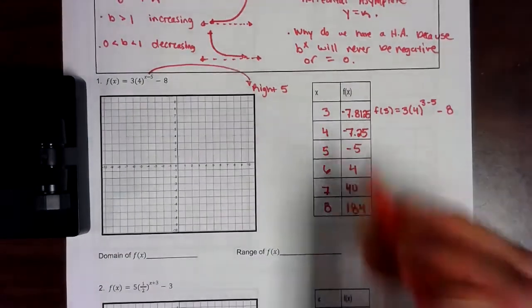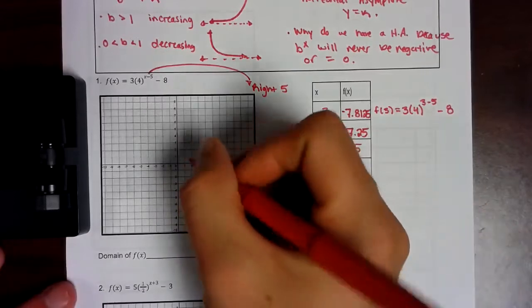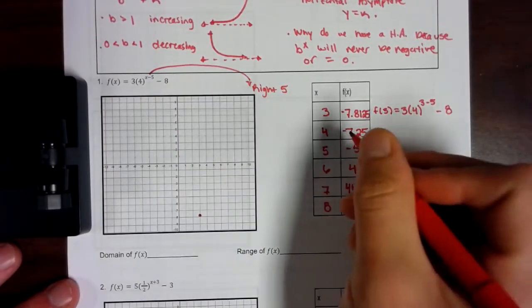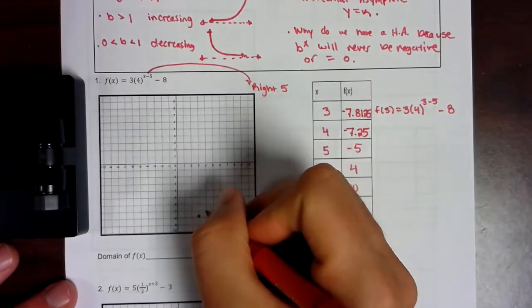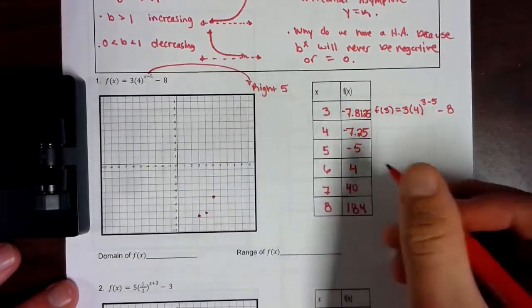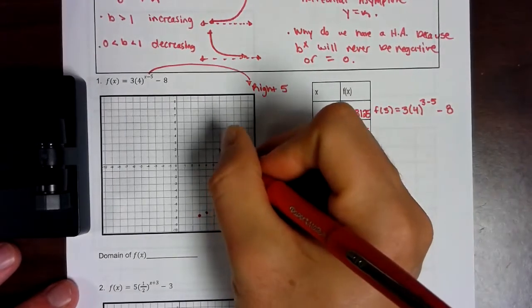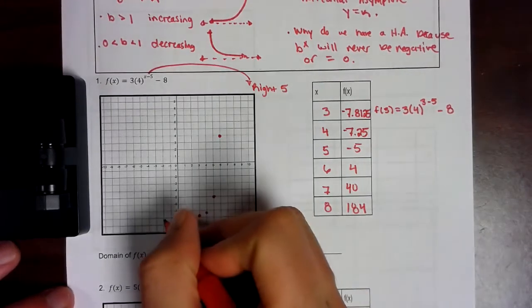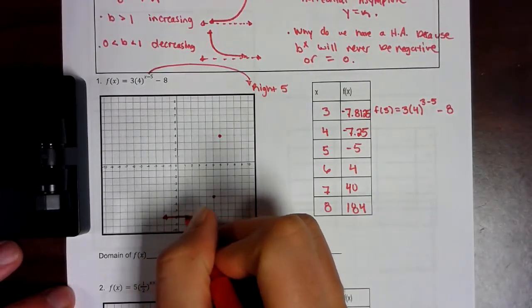So I can plot all these values: 3, -7.1825, 4, -7.25, 5, -5, 6, and then +4. 740 doesn't fit, and 8184 for sure doesn't fit. So our graph, after we connect them,